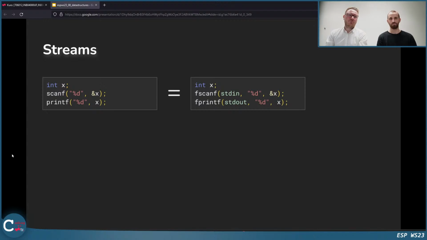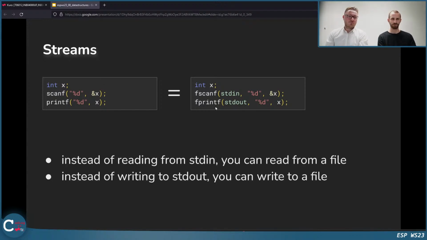Okay, so we often used scanf and printf, of course. And this is really just another representation of fscanf using the standard input and fprintf using standard output. So this is the same in this case.